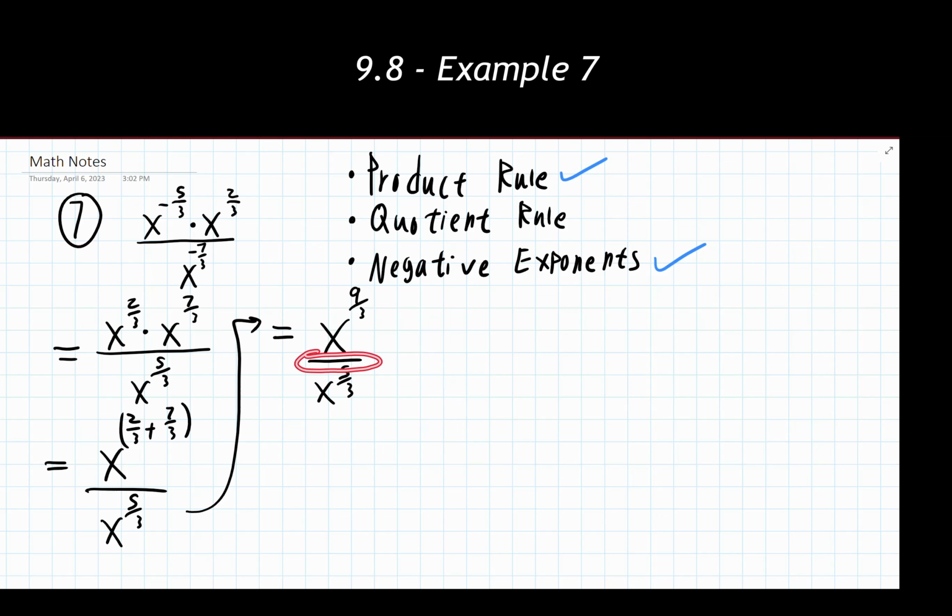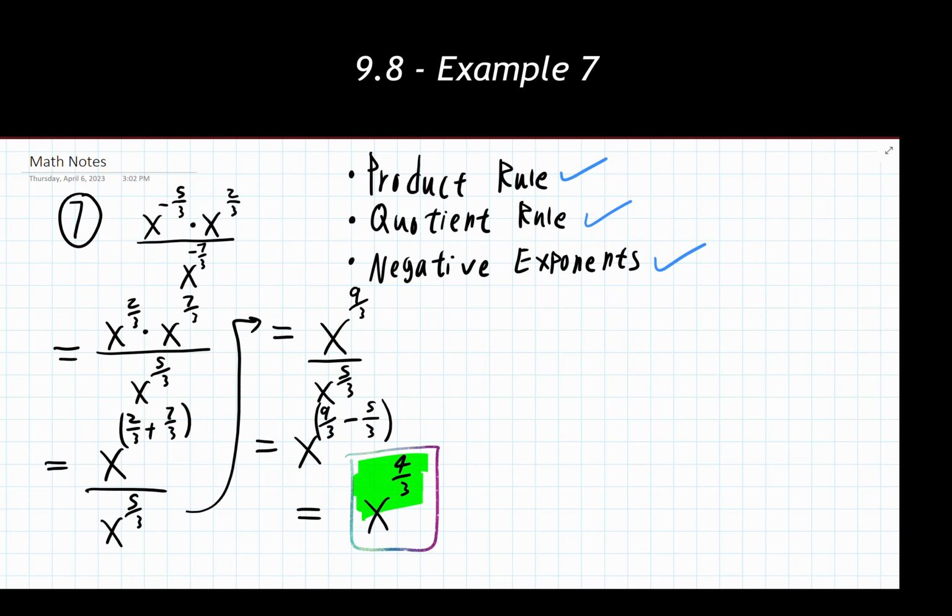So I'm going to deal with the division that's showing up right here. The quotient rule states if two things have the same base and they are dividing, that the exponents are going to subtract from one another. So that means I have x to the 9/3 minus 5/3 power. When I do that subtraction, that's going to give me x to the 4/3 power. We've noticed here with our little check boxes that we have, our checklist, all of our potential steps are done and taken care of, and now I get to my final answer.